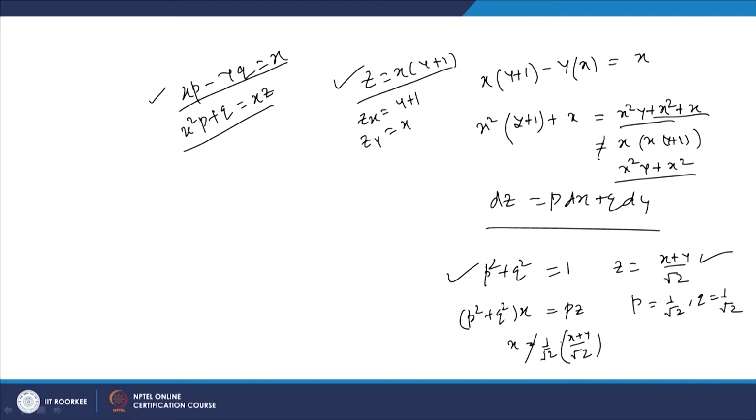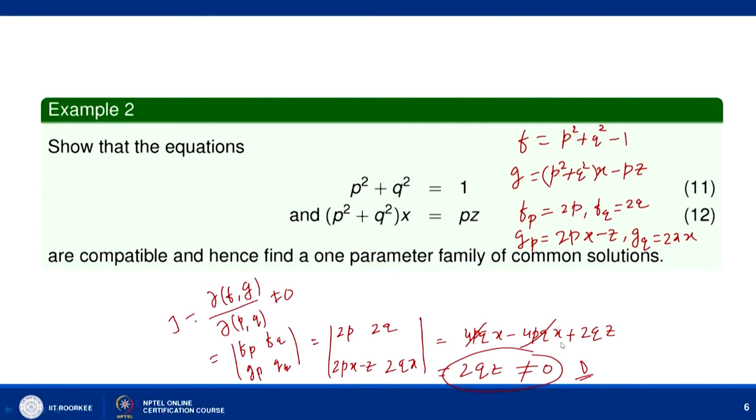So here we have a problem in the sense that there are two things. The first thing is the definition, and the second thing is to show that the equations are compatible to each other. If we take the definition of compatibility as that every solution of the first PDE is a solution of the second PDE, then the method that they can be solvable for p and q, and the corresponding equation dz equal to p dx plus q dy is integrable,